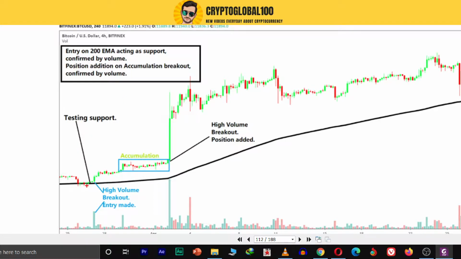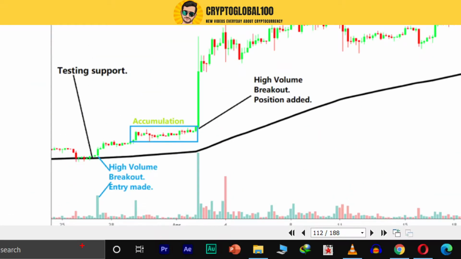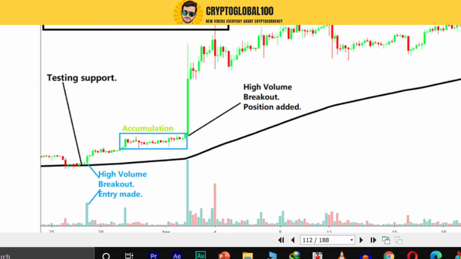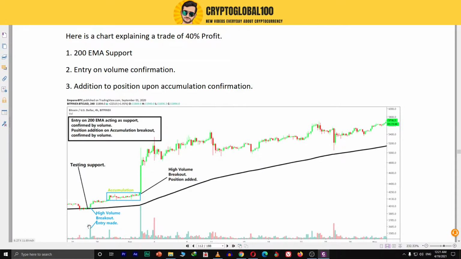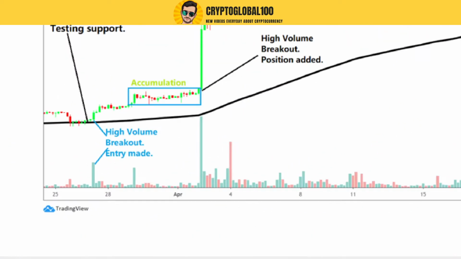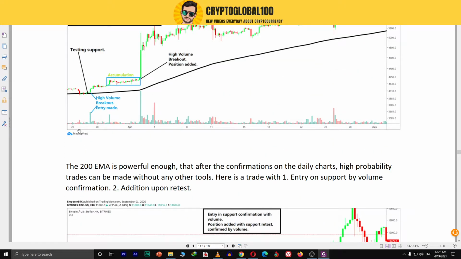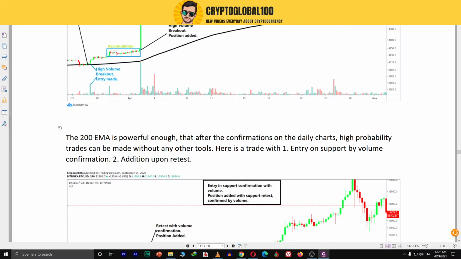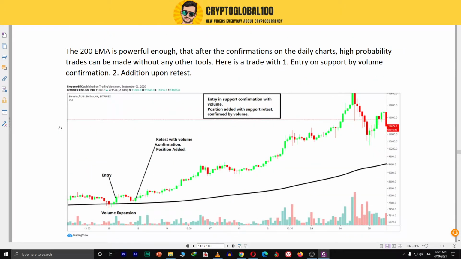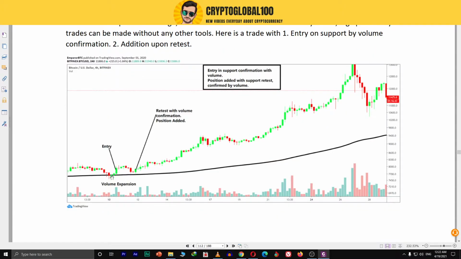If we look closely at this level, it was tested and the price acted on the 200 EMA. The volume breakout was large, and then there was accumulation from where another position was added. The 200 EMA is powerful enough that after the confirmations on the daily chart, high probability trades can be made without any other tool. And here as well you can see the volume breakout with good volume,